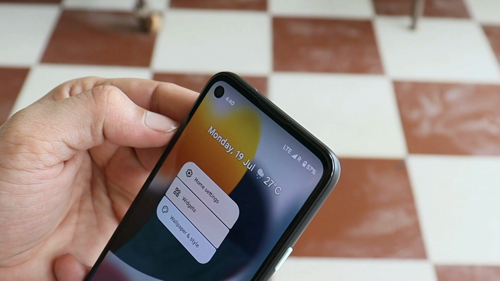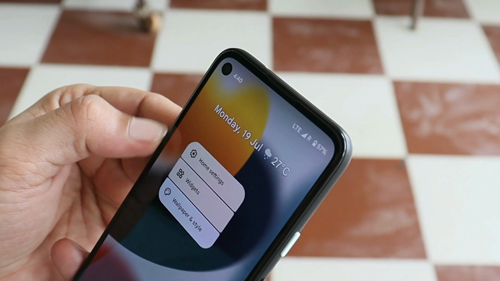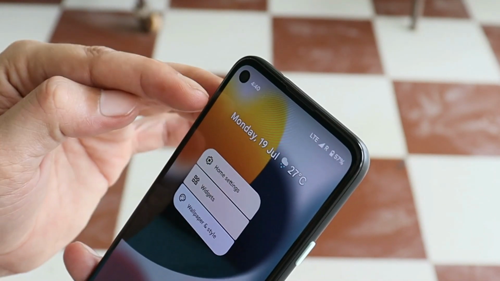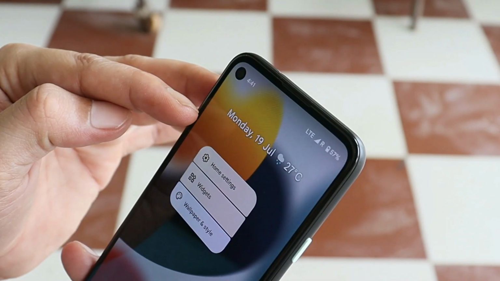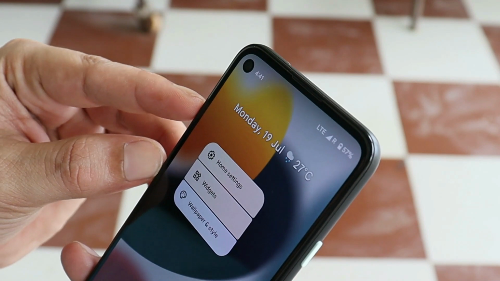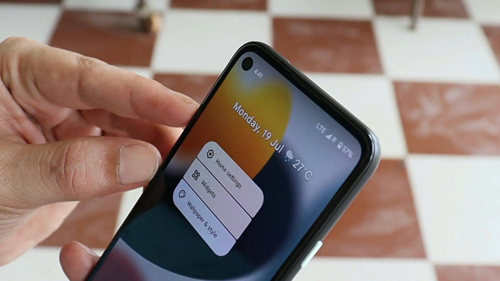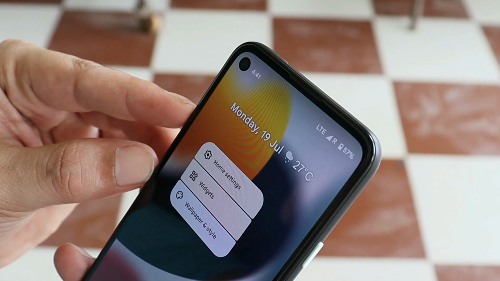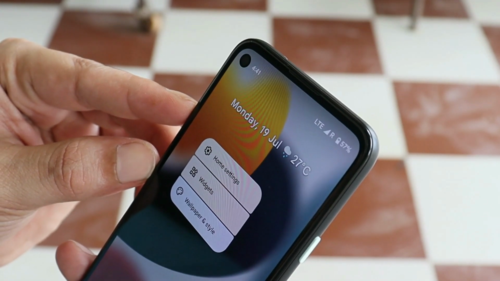And now let's tap it here, and there we go. Here also you'll see this pop-up menu has adapted to the same color of that specific area where I long pressed. And guys, I'm not exactly sure whether you will be able to see this color difference. But if you have any device which can run Beta 3, then you can try it out yourself.